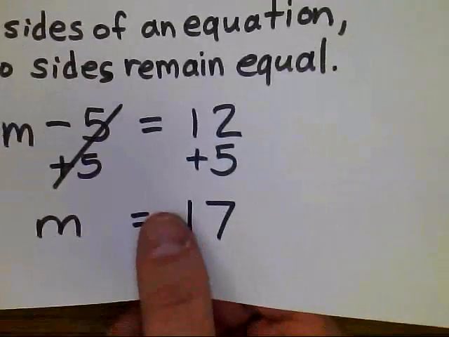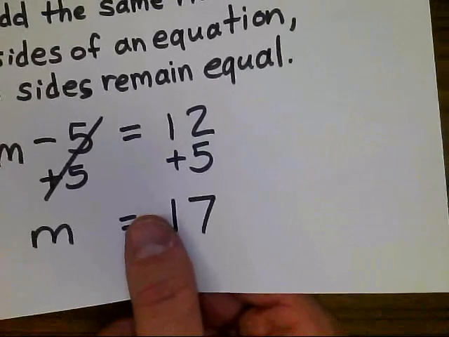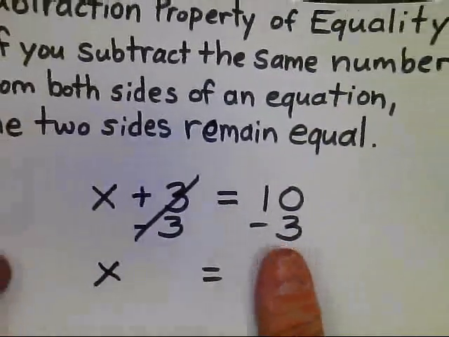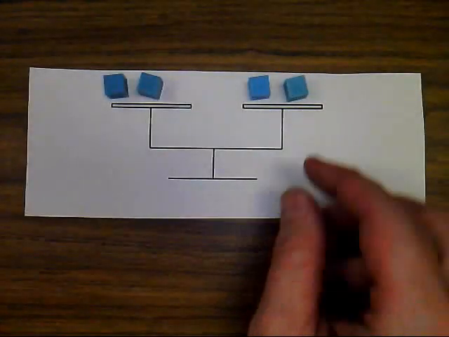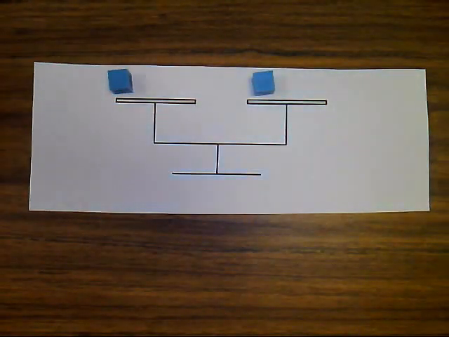And on the same end, with my subtraction property of equality, if I subtract the same number from both sides of an equation, the 2 sides remain equal. So if I take 1 away from each, it would still balance. And obviously, you've got to kind of imagine that on your own to see how that works. But that is the guideline we're going with, just to get a basic understanding of what we mean by the